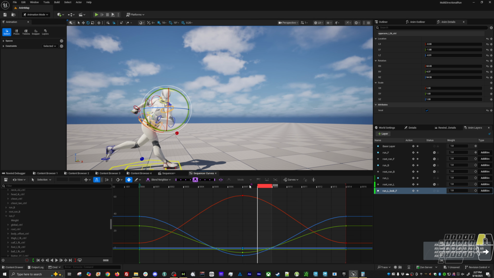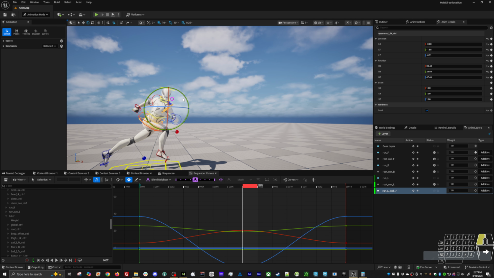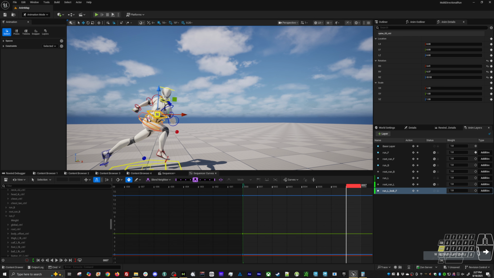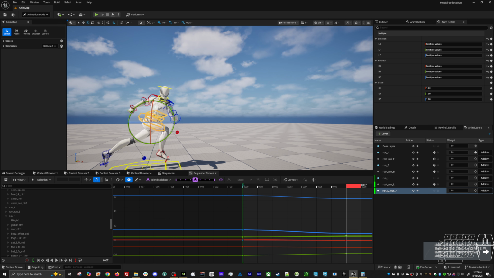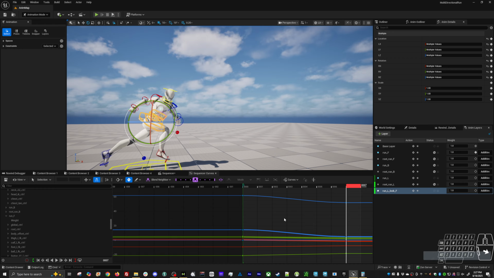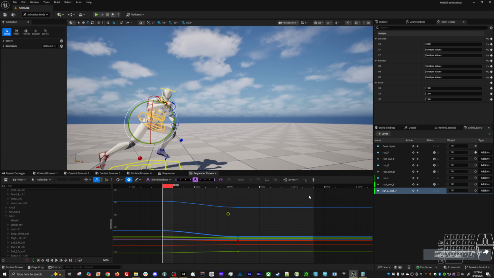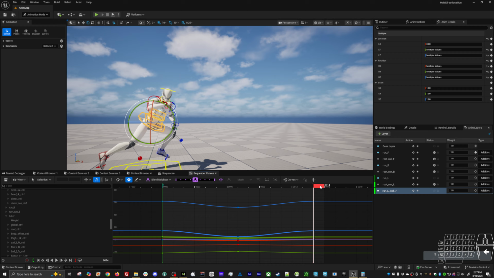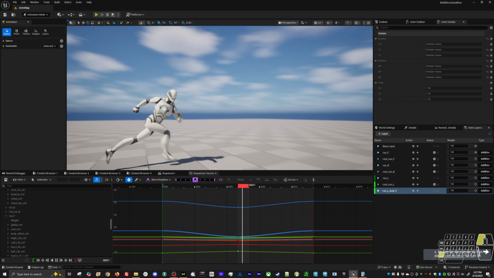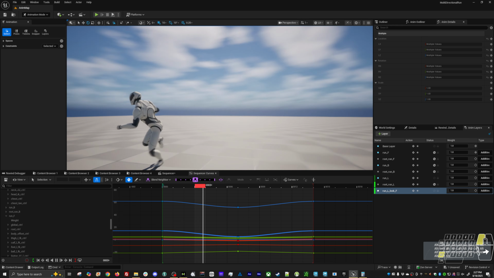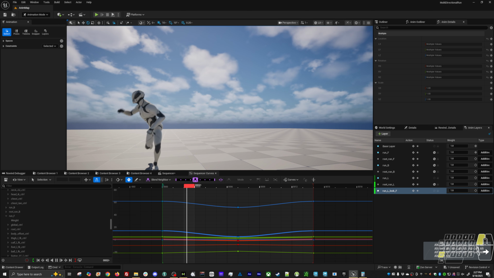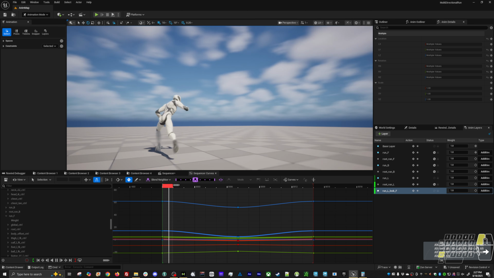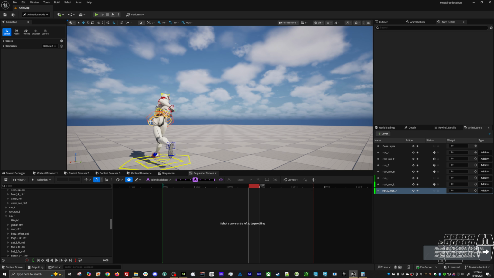Okay, not a fan of that pose right there. This might be a little too far here. So just rotate that back a little bit. And then we'll take these keys from frame 1 and paste it over. Okay. Again, we're going for speed. So this can work. It's not great, but one of the other things that we could do,